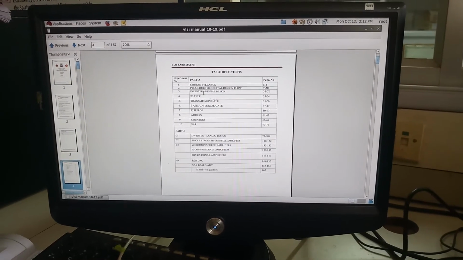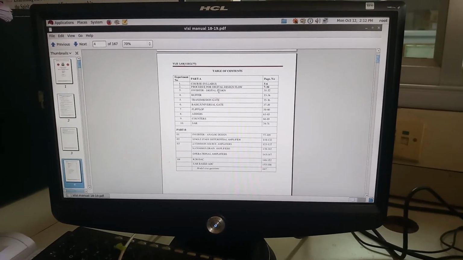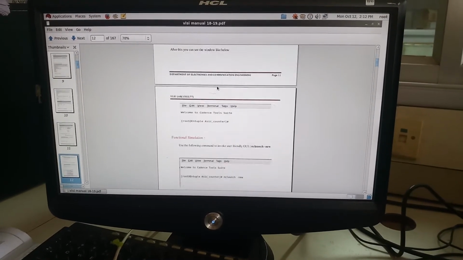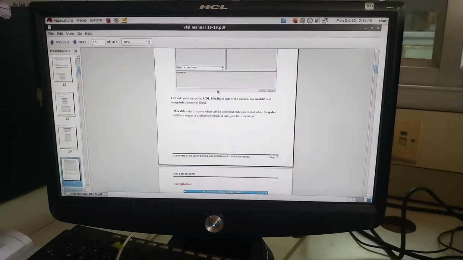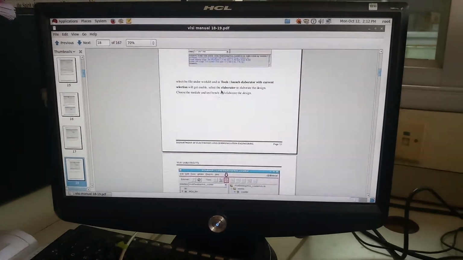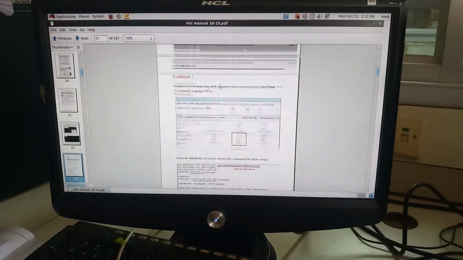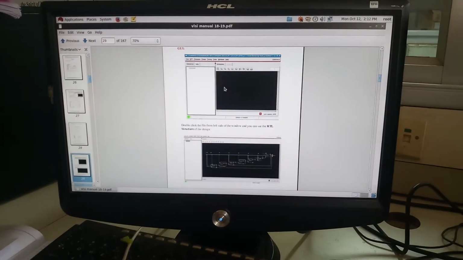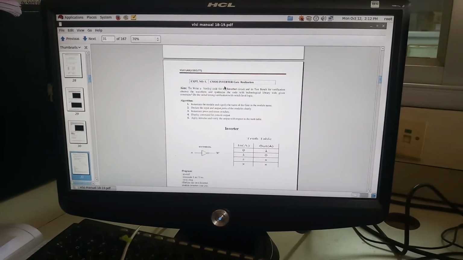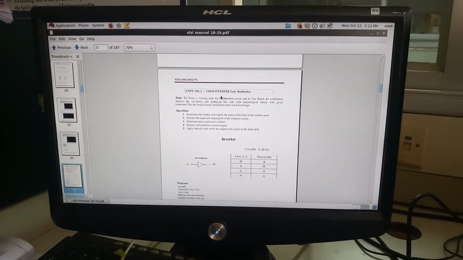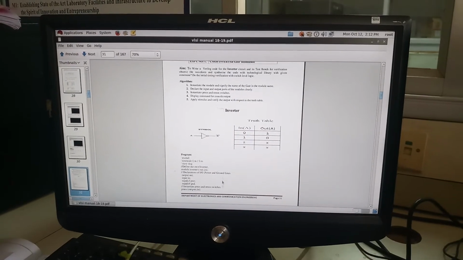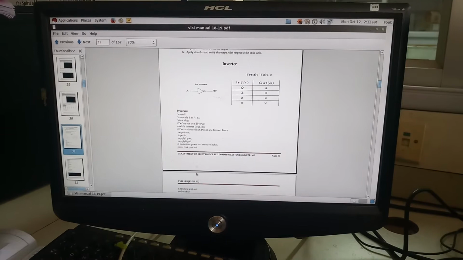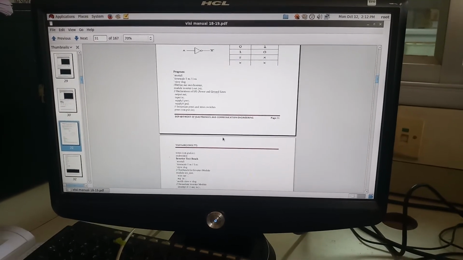So coming to first month, we'll see the inverter, how to do the inverter experiment. Okay, now these are the design flow, how to do the experiment, how to use the software. The step by step procedure is there in the manual. You just go through it. In the manual there are all the steps, how to check the output, simulation, everything. Now coming to CMOS inverter, how to write the Verilog program. Here we are writing the Verilog program, then the test bench program, and we are going to check it out.